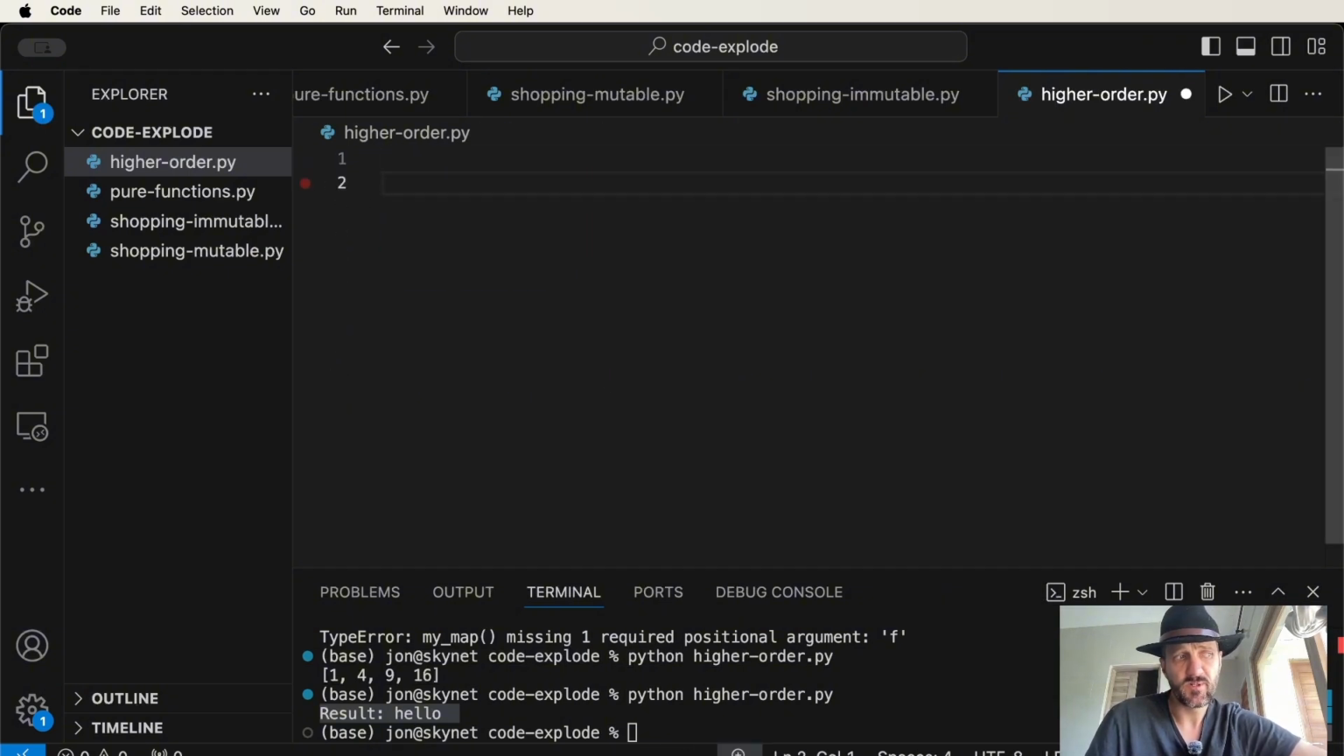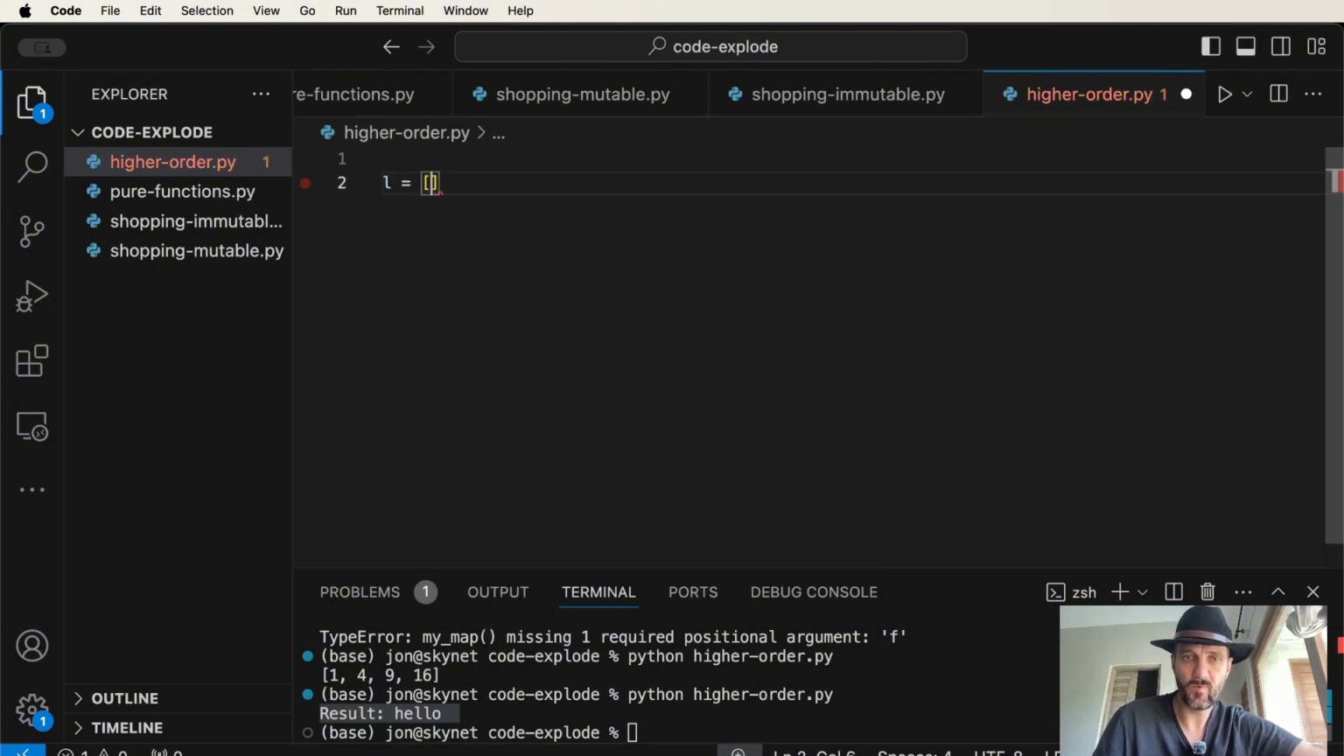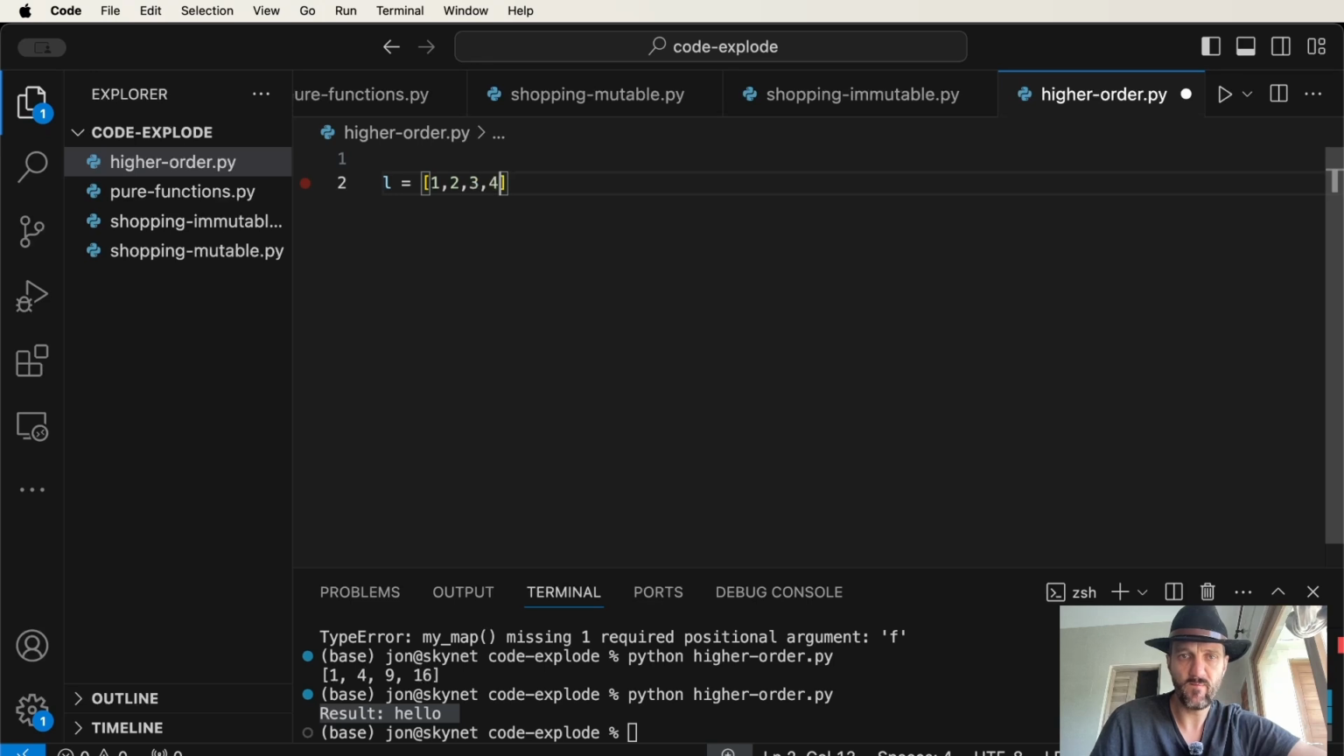So there is a function in Python and in many functional programming languages called map. Now, map essentially goes through an iterable, like a list. It goes through a number of items, and for every item it does something to that item, and then it returns the result. So for example, maybe I have a list 1, 2, 3, 4,